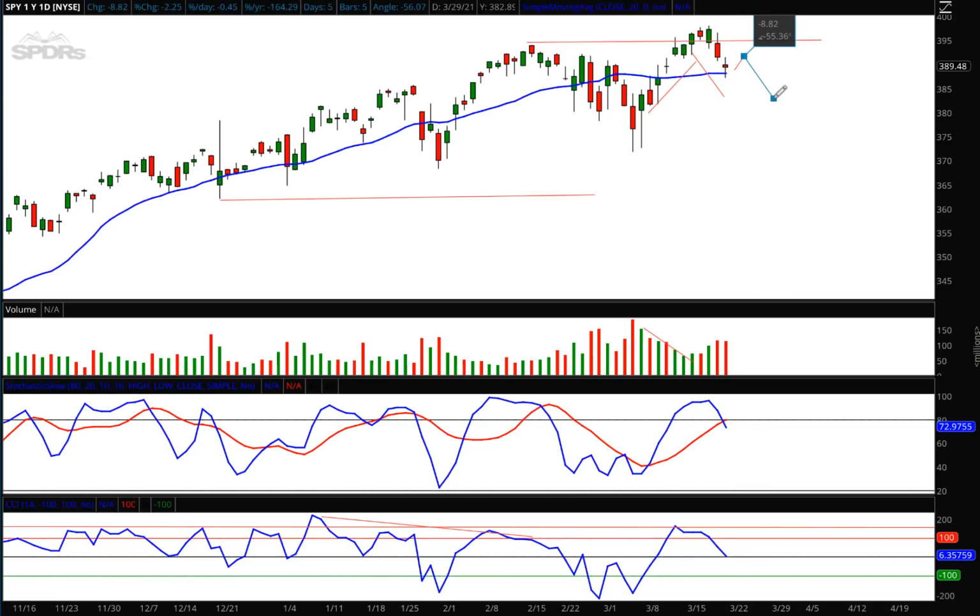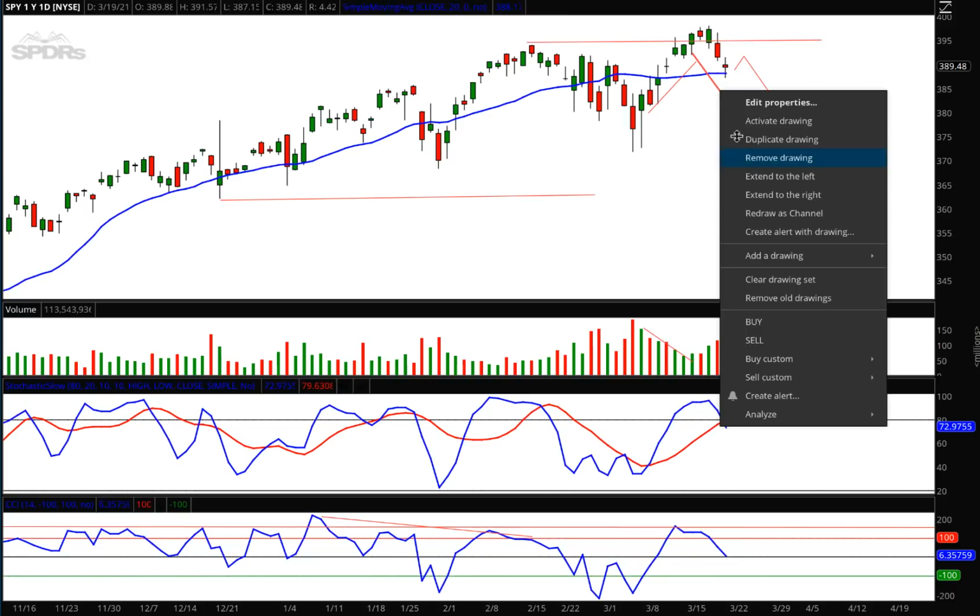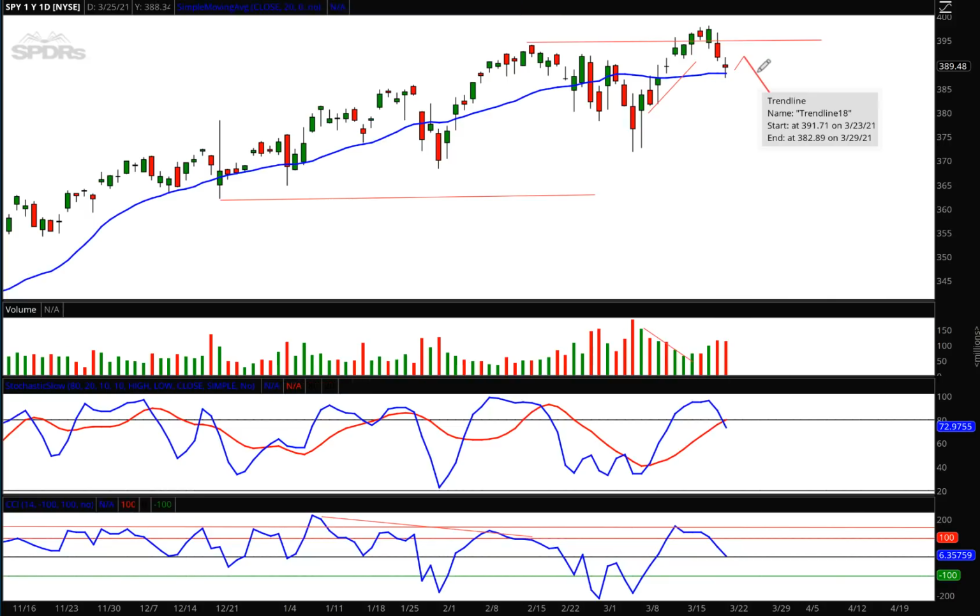And then ultimately right back down. I think we're even going to go a little bit lower than what we saw as a target for this week. So I could actually get rid of that one and keep this one in force. Now moving right to the VIX,